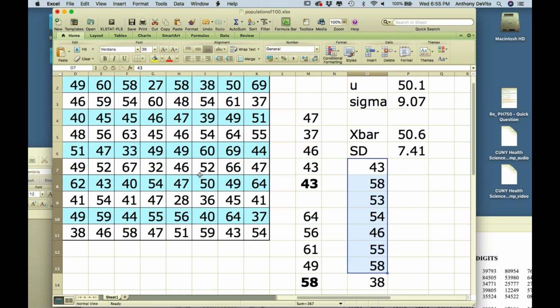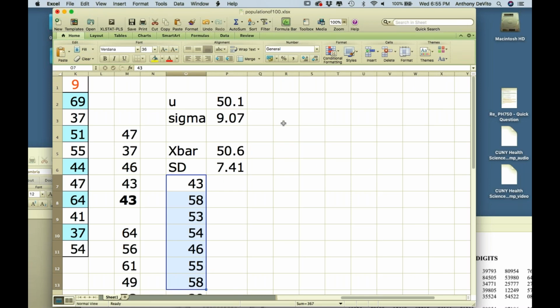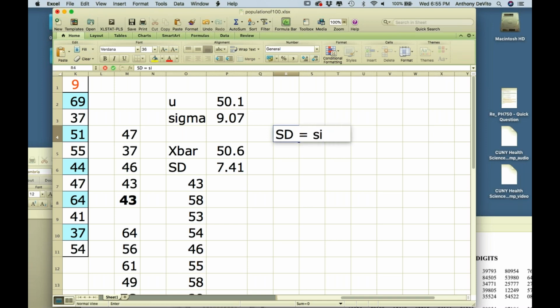I'm going to tell you a dirty little secret. And that dirty little secret is that the standard deviation for the sample is equal to the standard deviation of the population divided by the square root of the sample size. Okay, so what does that mean? That means for a sample size of 4, we expected that the standard deviation for the sample distribution would be equal to the population standard deviation, 9, divided by the square root of 4, which is 2. So 9 divided by 2, we would have expected to be around 4 or 5. It turned out to be 7.